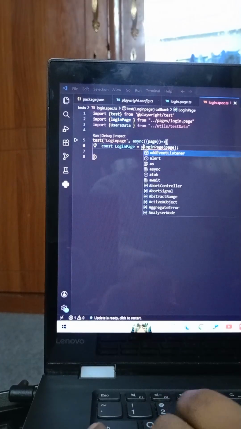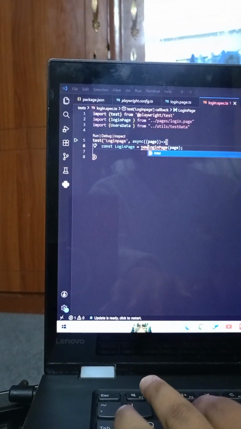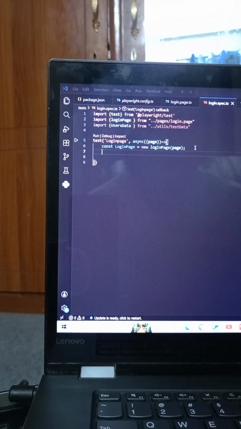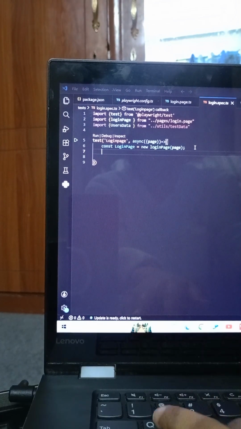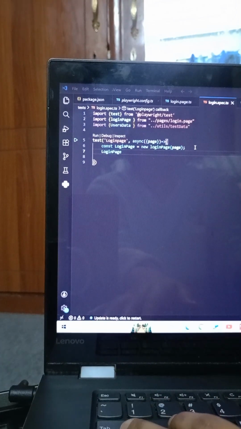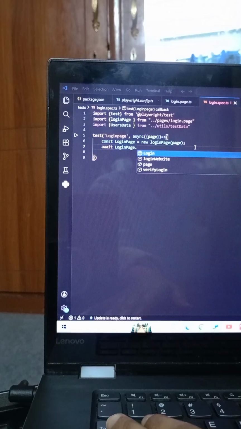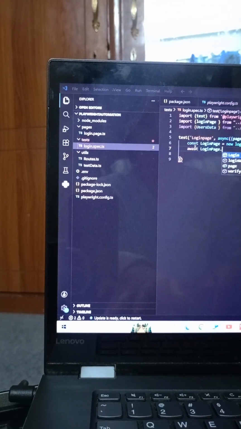Oh sorry, my bad, here new. Okay, now what we are going to do here is write login page, right? Oh wait, login page dot,